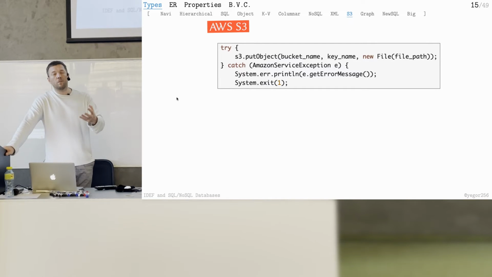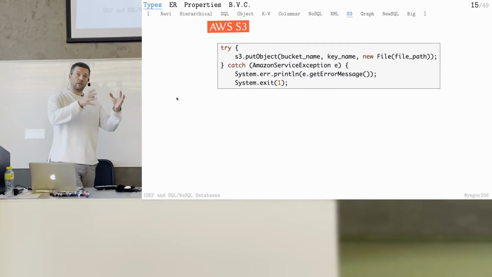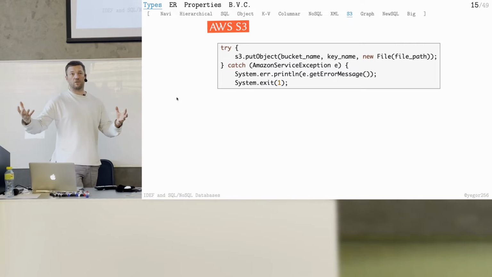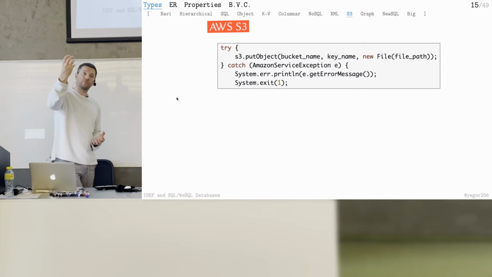Yes, the main server. The problem is that if you store it locally in your files, then how about backups? Your server gets rebooted, then what happens? You restart the server, you lose the files. Or let's say you have two servers. How do you make sure that if one server saves the file, another server can see that file immediately? There has to be some other place where you store it, some persistent storage.